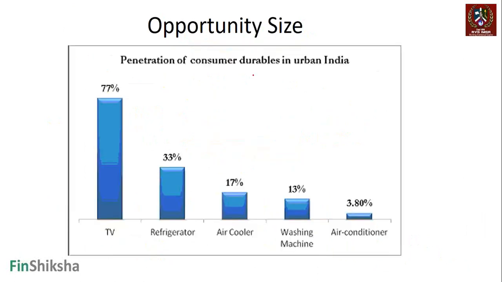Look at another opportunity in terms of consumer durables in urban India. Television is practically covered by most of the households, but refrigerators, air coolers, washing machines, and air conditioners have significantly lower penetration. These numbers are significantly higher for other countries like China. Right now, for example, with air conditioners, you would believe that that's possibly because of power